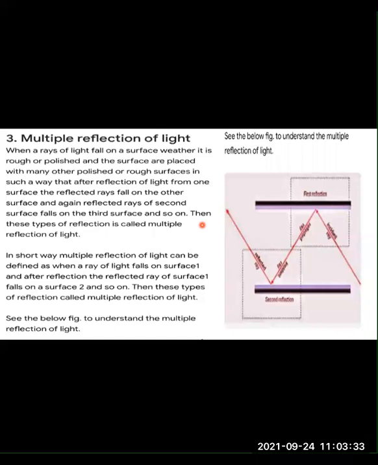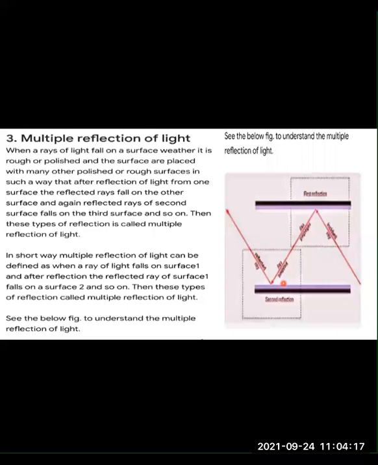Now to illustrate multiple reflection, we will take help of this diagram. What we do over here is we take two mirrors, or you can also say good reflectors. This one is one surface and this one is another surface. This is called the first reflection and this is called the second reflection. What happens is a ray of light is incident on the first surface. The moment it is incident on the first surface, it gets reflected here. But it is then reflected on the surface of the second reflector. You can also take a mirror.